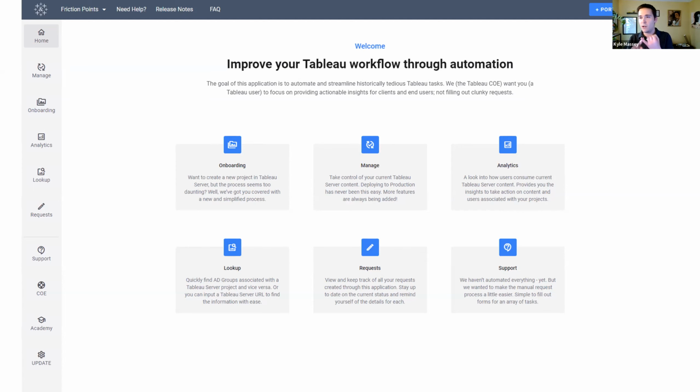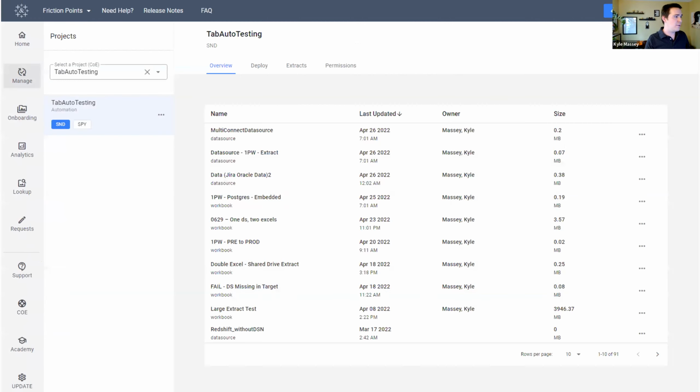So they land here and we know what they have access to, what projects they should be able to touch, et cetera. The first place most people are going to want to go is to this tab on the left called Manage. And within here, because I'm a COE, I can select whatever project I want. A normal user would just come in and on this left-hand side, they would only see projects that they have access to. So from here, you can see it's just a quick overview. This is what's in your project.